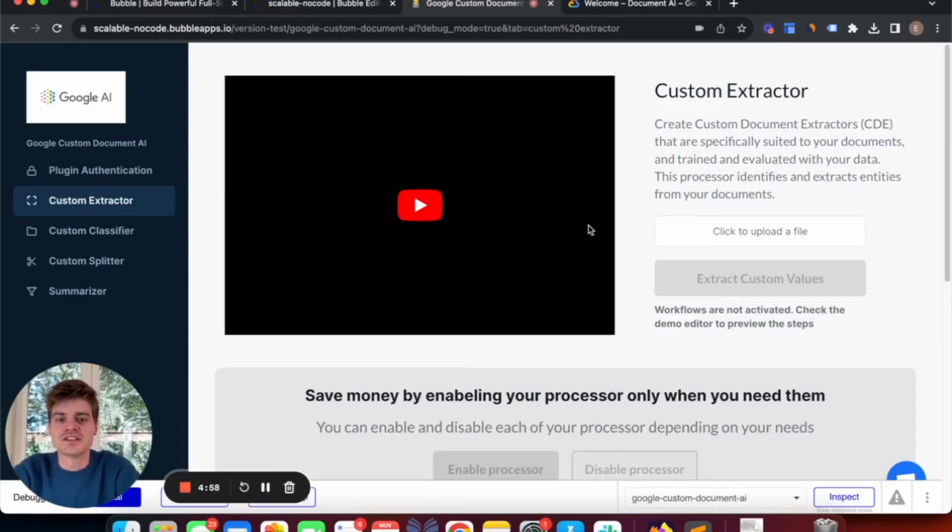Hi, so in this video, I'm going to show you how to use the custom extractor. So how does it work? The custom extractors actually allow you to extract from a specific model that you could have. For example, if you want to extract data from receipts or whatever type of document that you would like